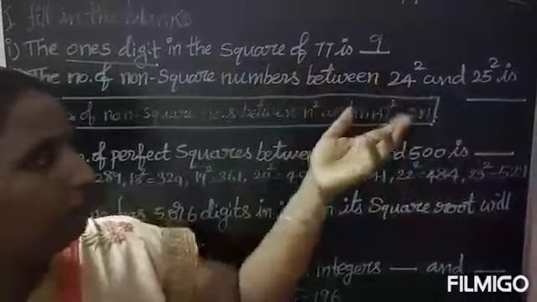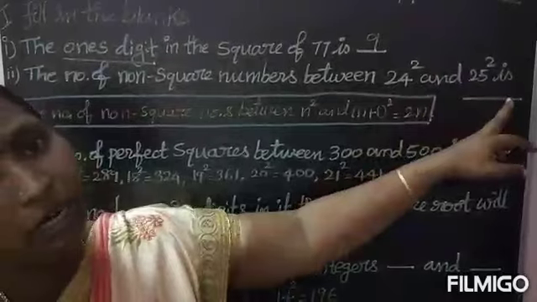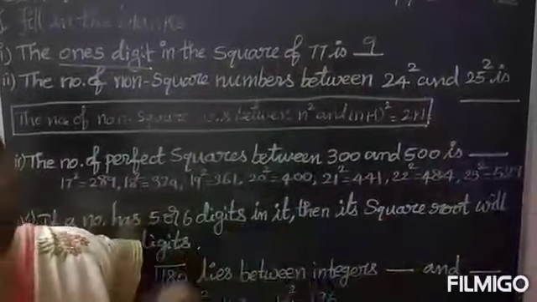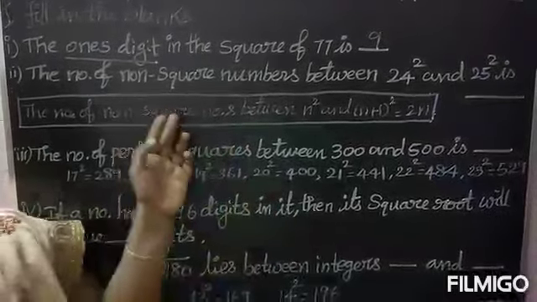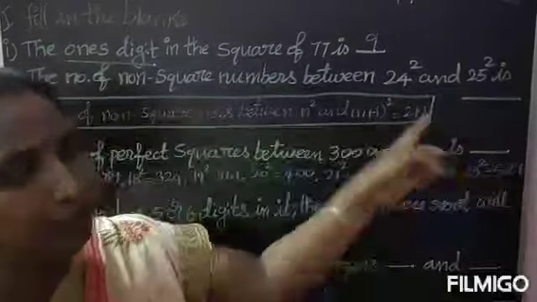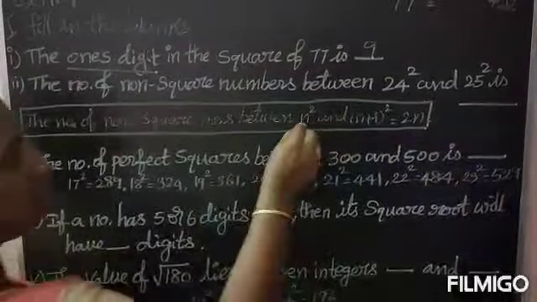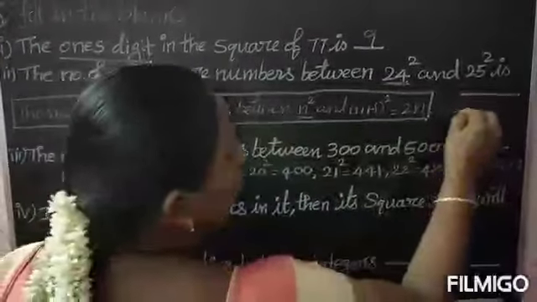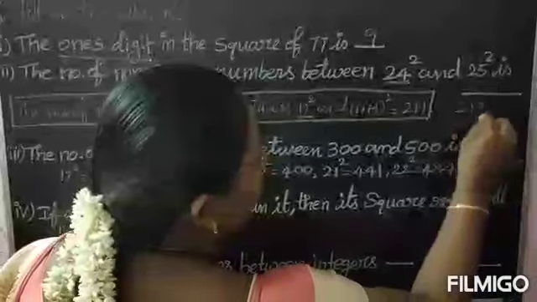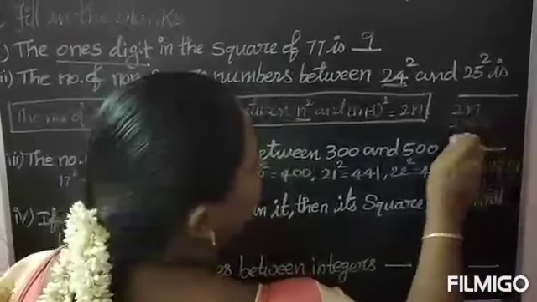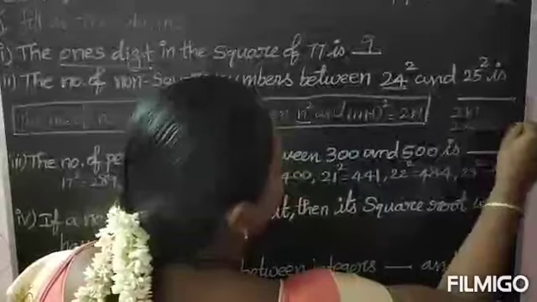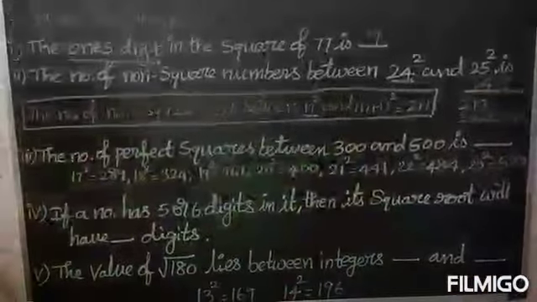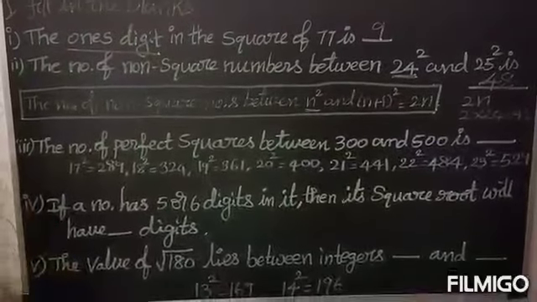If you have to find 23 square and 24 square, 16 square and 17 square, like that only we are using this formula. So here they ask 2n. So what is the value of n? First one, you know. So 24 is the value of n here. 2n means 2 into 24. So 2 24s, you will get 48. So the answer is 48. Remember this formula.